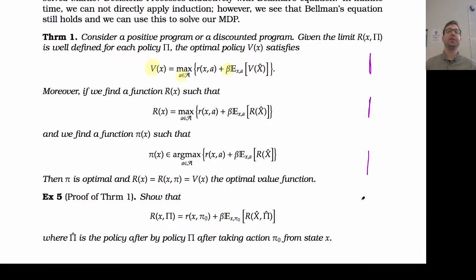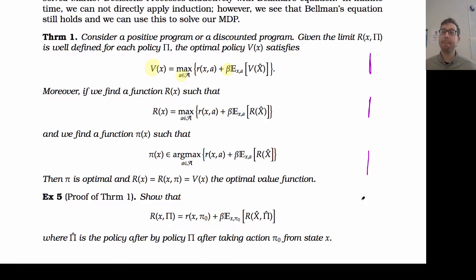Are there any questions about that result? So I could have spent the whole lecture series talking about induction on Bellman's equation or the finite time problems. But really, a lot of the algorithms and things that people consider are the infinite time situation, and this says that really we don't want to care about induction. We just want to focus on these sorts of relationships, these Bellman equations.